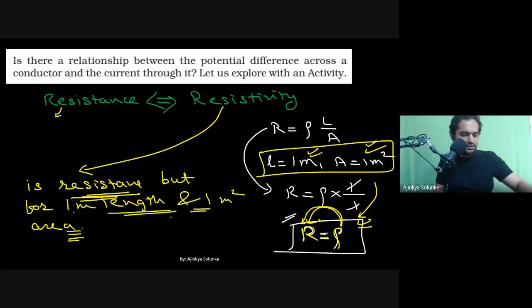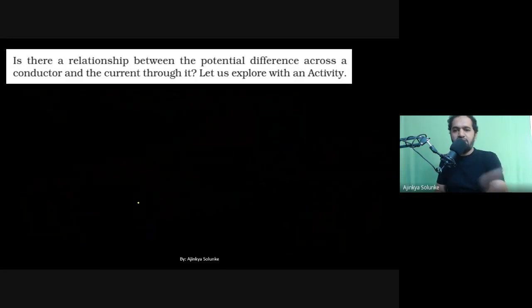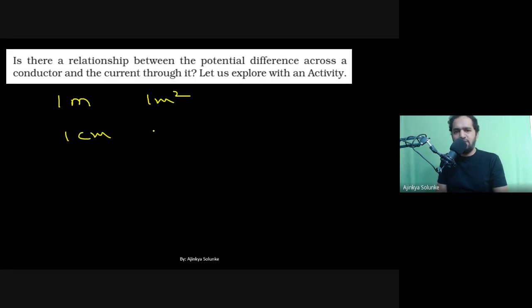So Mani, have you understood? It's a very simple definition. The resistance is the same, and you have to mention the condition which you used. This is my condition: length is 1 meter, area is 1 meter square. Acha. Can somebody please tell me, in place of 1 meter and 1 meter square area, can somebody use 1 centimeter and 1 centimeter square? Or somebody might use 1 kilometer and 1 kilometer square, right? Yes, definitely. Those are the units of length and area. So people can change this.